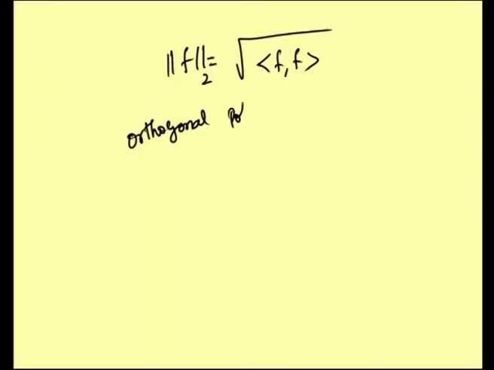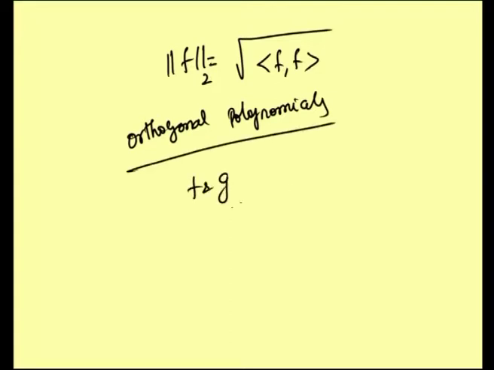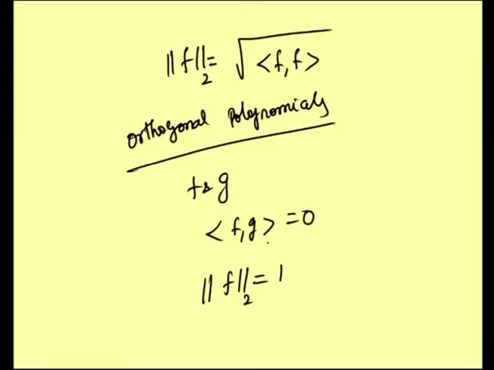Now we enter into the definition of orthogonal polynomials. We say that f and g are said to be orthogonal if their inner product (f, g) is equal to 0. Okay, and it is said to be orthonormal if you have norm f equal to 1, norm g equal to 1. Okay, that is when you take the inner product of f with another function, then it becomes 0, and when you take the inner product of the function with itself, then it is equal to 1, then such polynomials are called orthogonal polynomials.